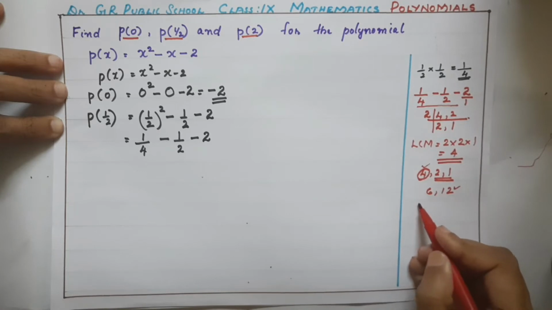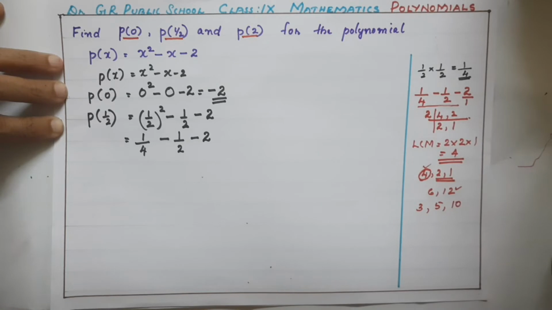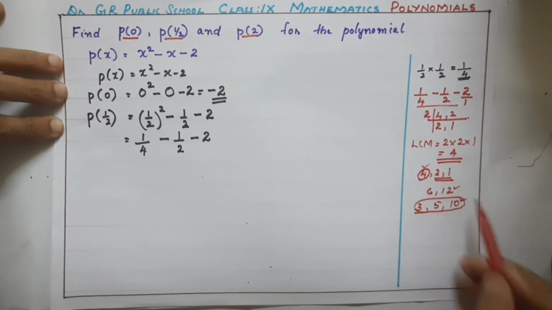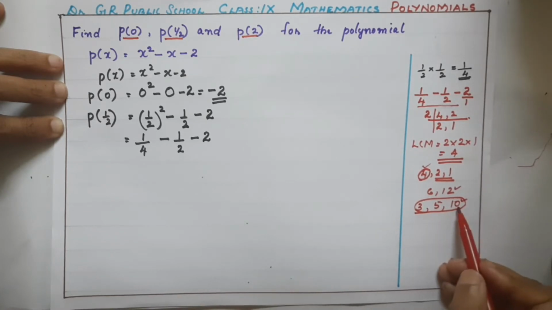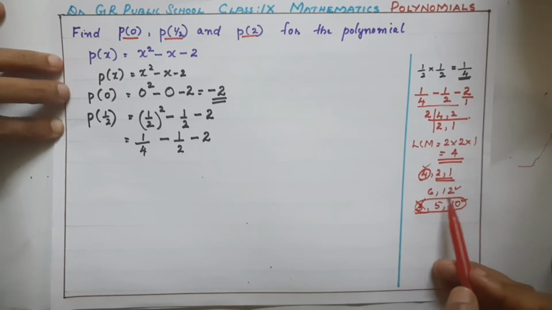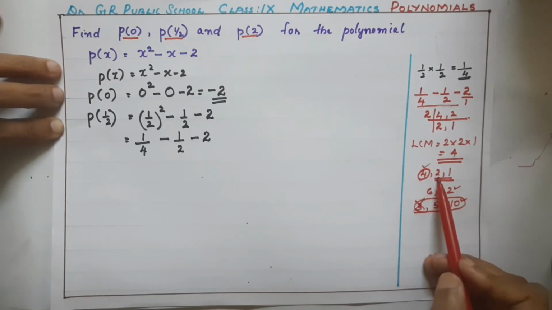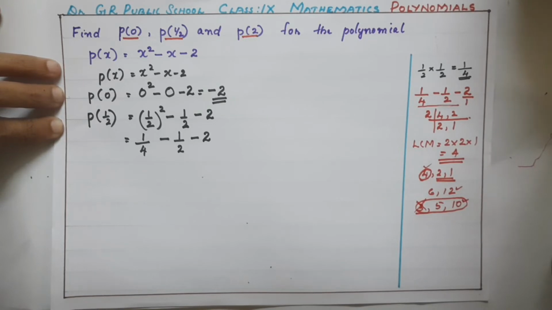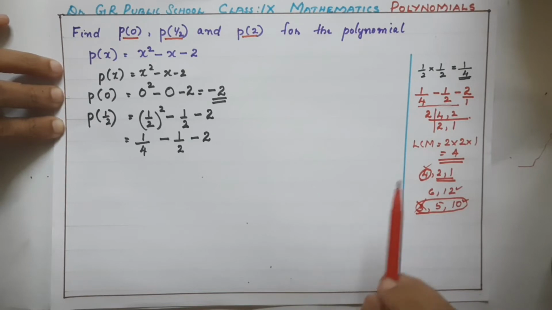But when you have the numbers 3, 5, 10, can we say the larger number is the LCM? Can you say 10 is the LCM? No. Why? 10 is not a multiple of 3. So you have to remember this. When one number is a multiple of all the other numbers, then the greater number will be the LCM. Okay. That I explained just for your information.